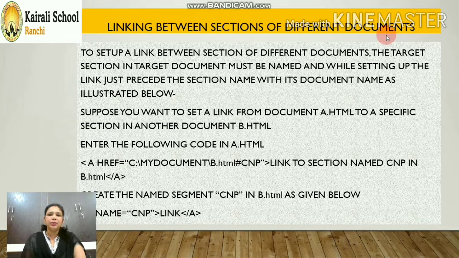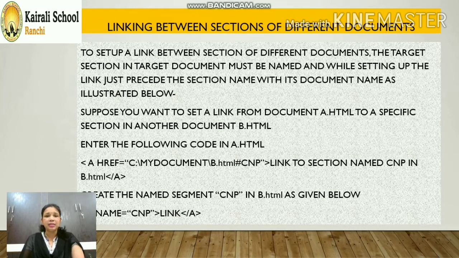Till now, I taught you how to connect two different documents. Like if you are working on a single web page and you want some hypertext there, and you click on that hypertext and you will be forwarded to another web page. And another one I had told, in a big web page where so much information is there in a single page and you want to jump from one section to another. So these two types we had done. The first one is known as external linking and the second one is known as internal linking.